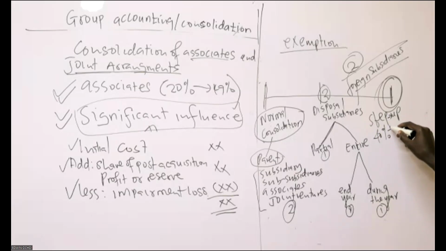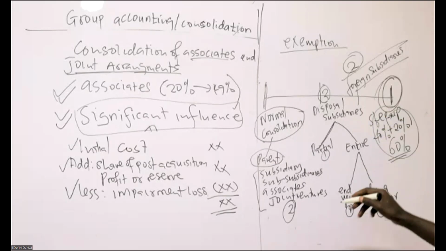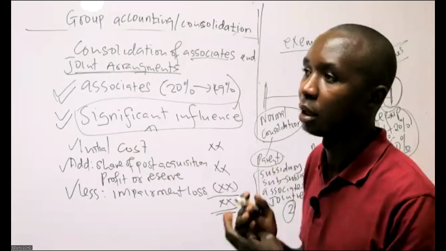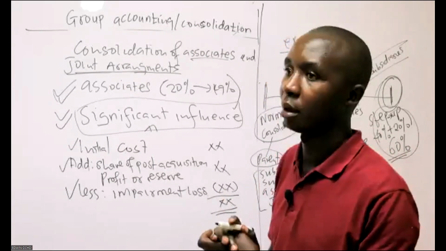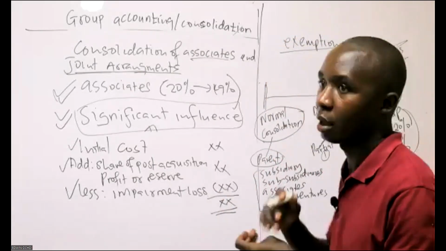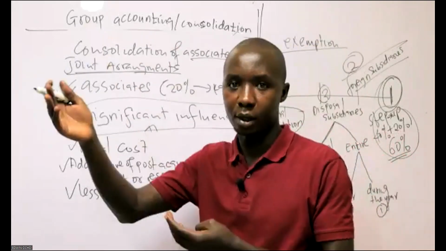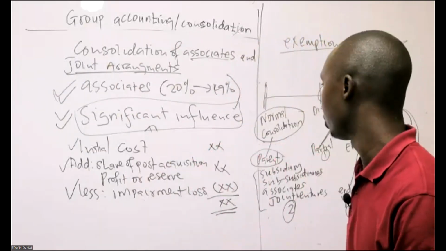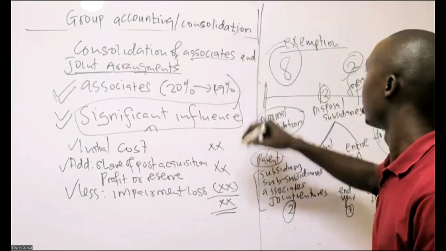Then there's an addition of 20. So by the end of the year, the percentage was 60. So we have to do a question of this kind, whereby the acquisition is not done once. They acquired this percentage, then they added another one. So we need around 8 questions to finish